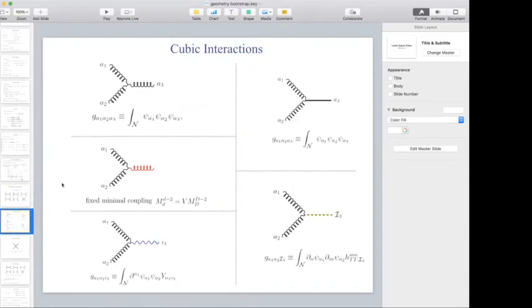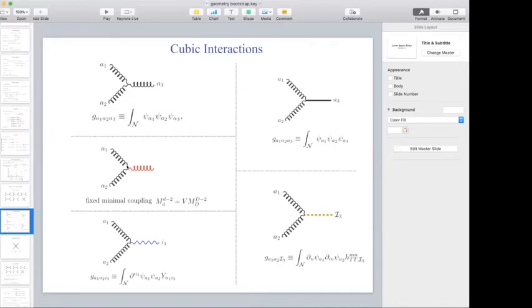Okay, so what are all the interactions we need to compute this? We need all the various cubic interactions that appear in these exchange diagrams. So we'll need the cubic interaction that has 3 massive spin 2s that are all interacting. So that has a cubic coupling, which is proportional to the triple overlap integral of 3 of these scalar eigenfunctions. So that's what's denoted by G here. And we'll need the cubic coupling between two massive modes and the massless graviton. So this is fixed basically by just minimal coupling. So there's no free